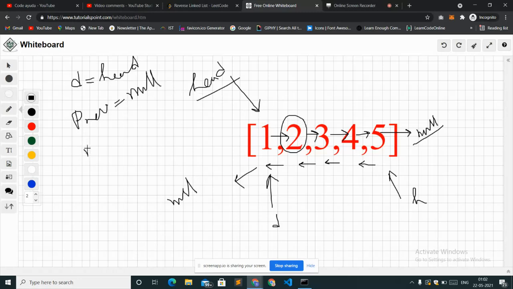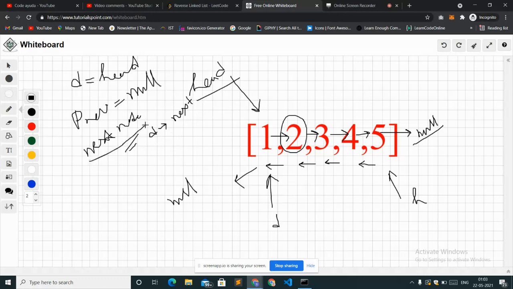For that, I am just making another variable, which is basically next node, and this next node I will store like D next. So if I write D next, the address of the next node will be stored in